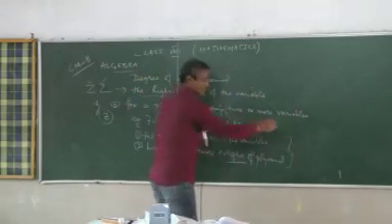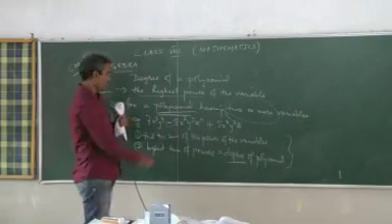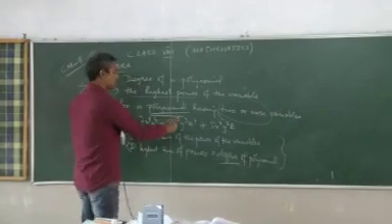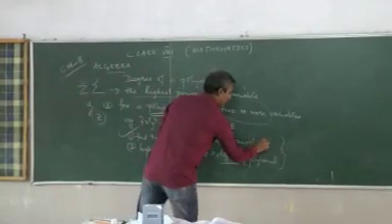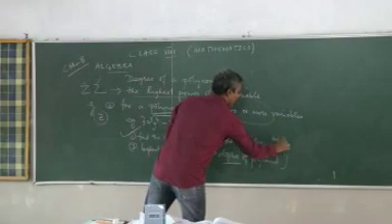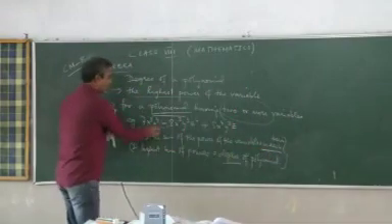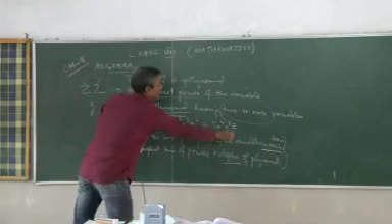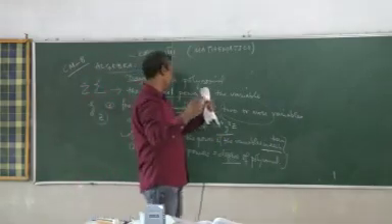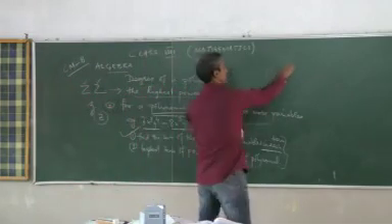Okay, let's do it at the side there. Are you ready? So first step, find the sum of the power of the variables in each term. How many terms are there? 1, 2, 3. So I have to find the sum of the powers of the variable in each term.